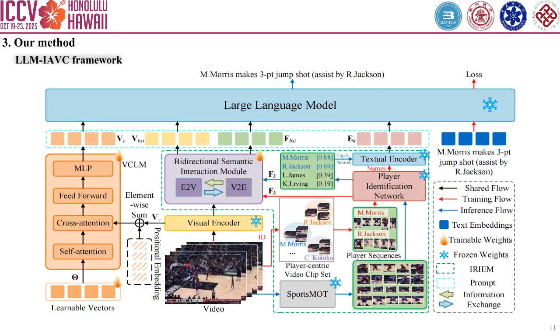To this end, we propose a player-centric multimodal prompt generation network for visual player identification and text description generation with player names. The red line denotes the training path, the blue line denotes the testing inference path, and the black line denotes the path shared by training and testing. At the training stage, obtain annotated key player bounding boxes and names via video IDs, and extract visual features using a pre-trained player recognition network. Feed player features and video features into the designed bidirectional semantic interaction module to enhance the association between players and